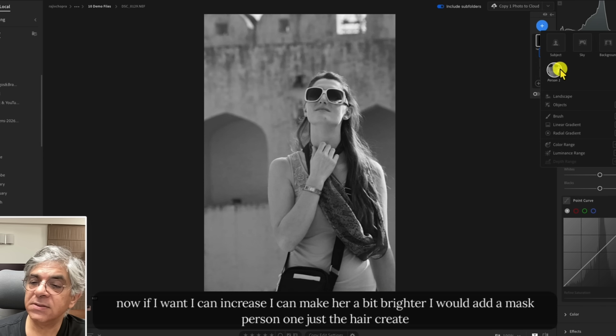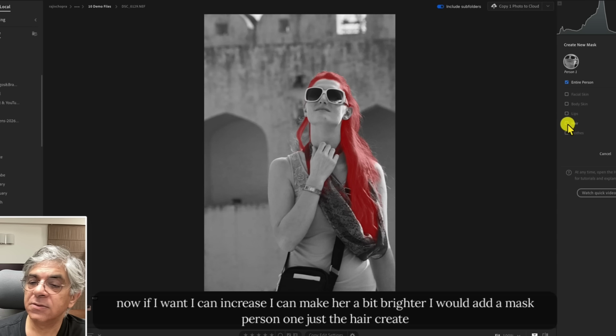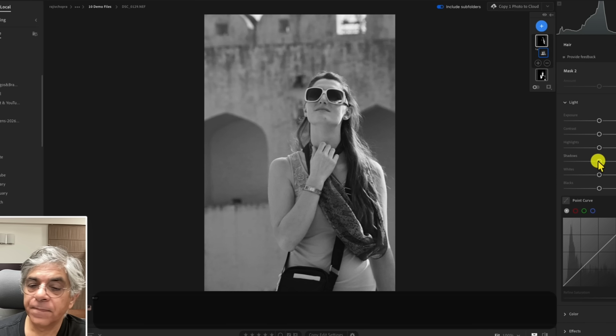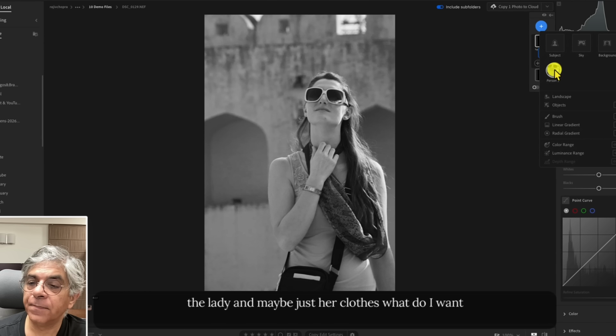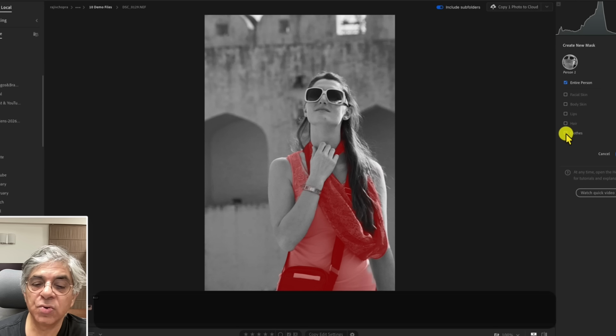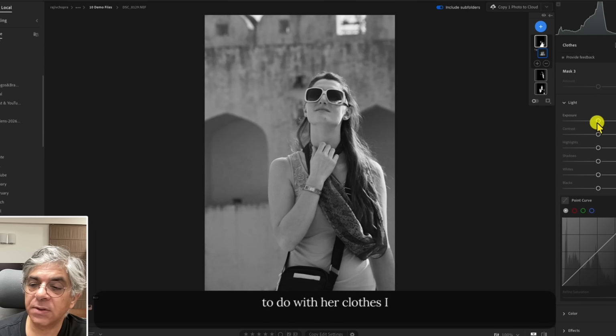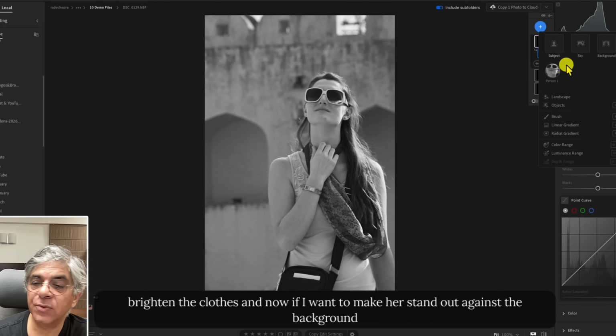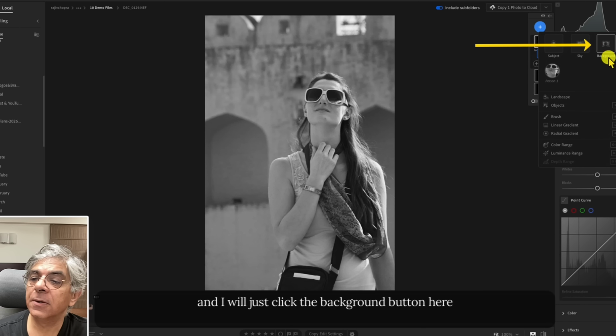I will add a mask, person 1, just the hair, create the mask, darken the hair slightly, again the lady, and maybe just her clothes. What do I want to do with her clothes? I brighten the clothes, and now if I want to make her stand out against the background, I will just